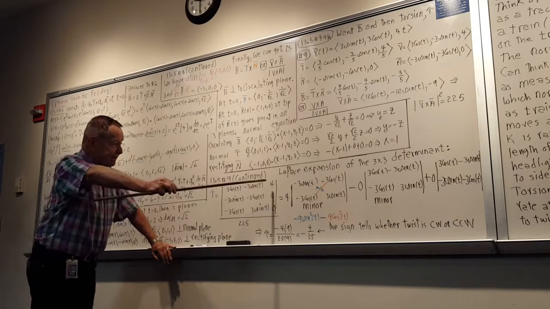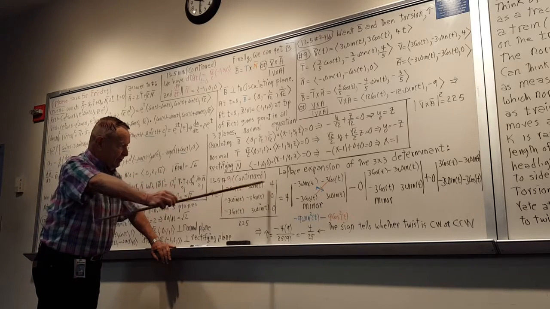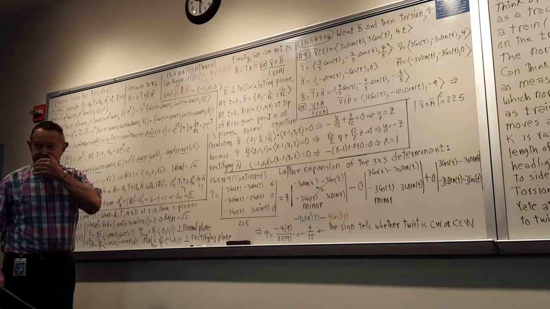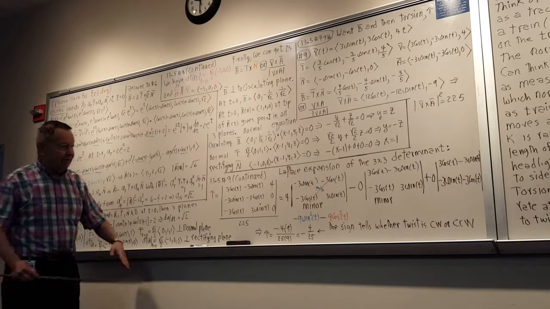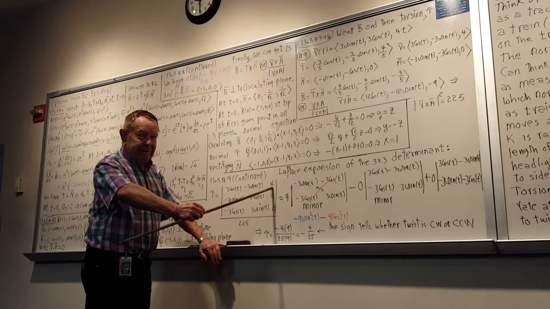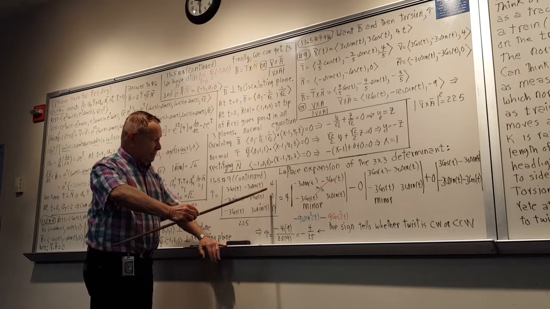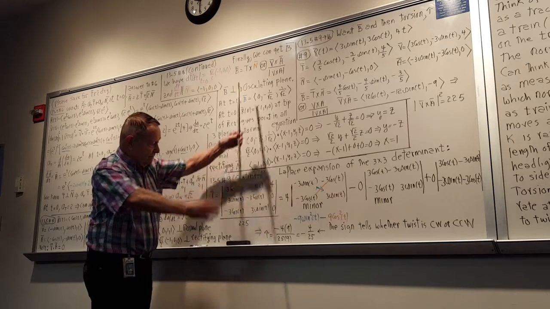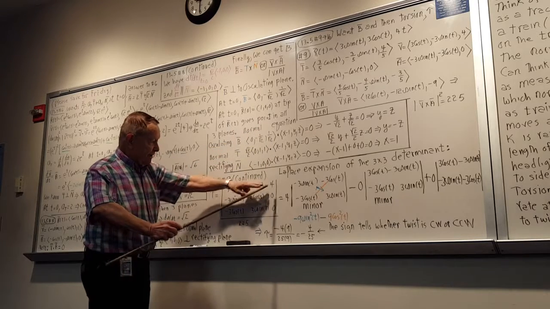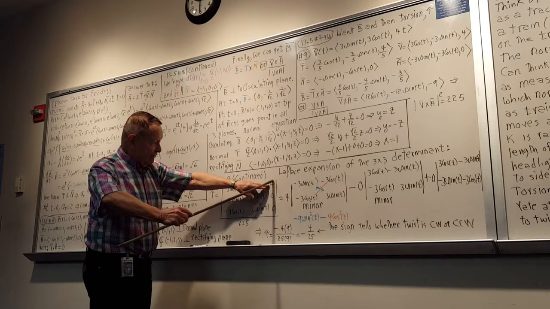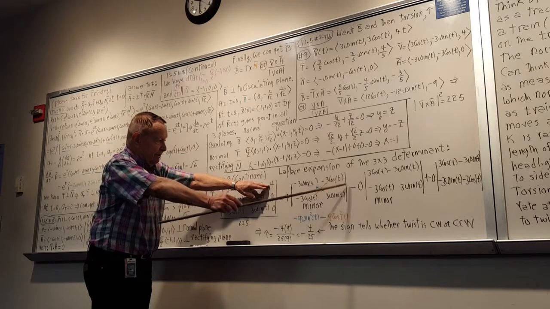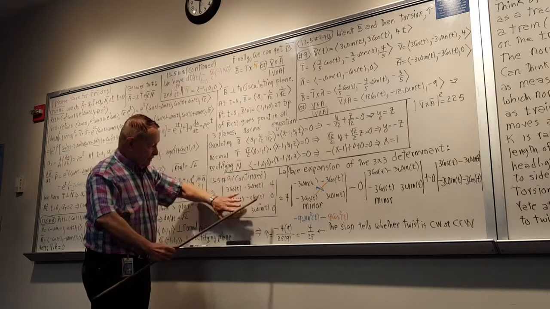You can take any column or any row and expand with what are called minors and cofactors of that column or that row. So if you've got a column where everything is 0 except one entry, you can do this. You can say, we'll work with the third column, okay? So you take the entry in the column, that's the 4, and then you times it by what Laplace called the minor,